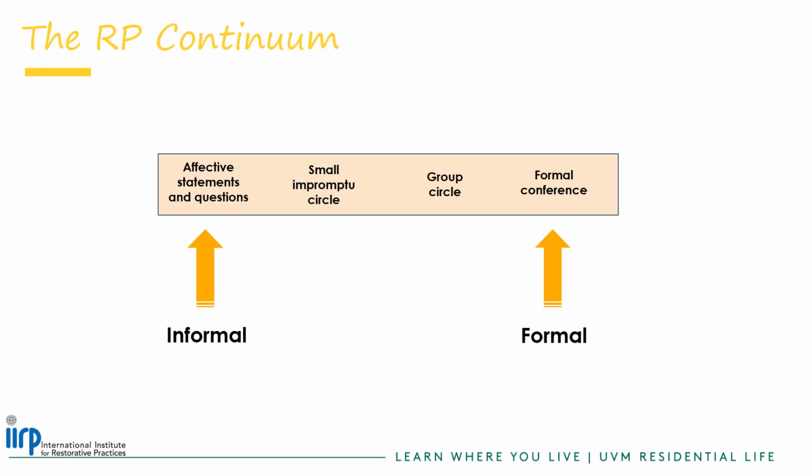Now, when I talk about the RP continuum and the use of circles, I feel it's very important to recognize and name that components of restorative practices have been around for centuries. Most notably, the use of circles as a way of engaging communities and solving communal issues has been used by a wide variety of indigenous cultures for centuries. So using circles to build community is not a brand new thing. The International Institute for Restorative Practices did not create that. It is a practice that has been embodied by many indigenous cultures for centuries, so it's important to name and acknowledge that.